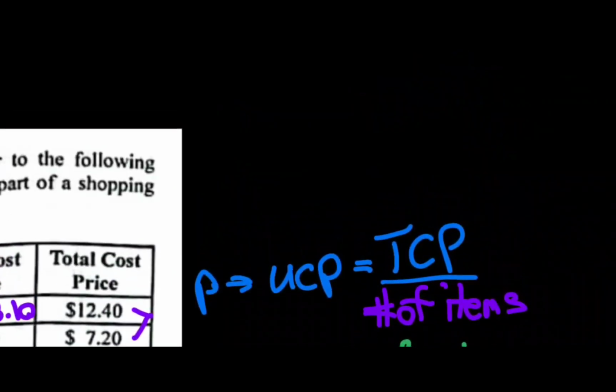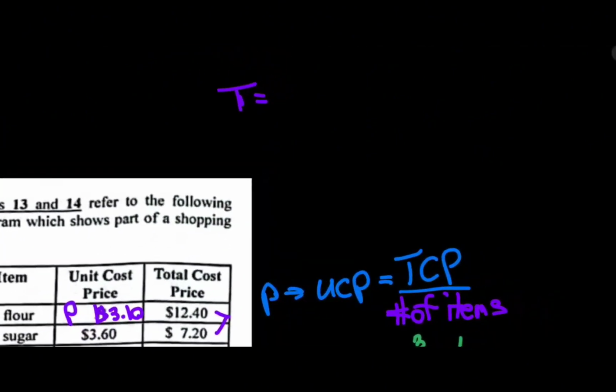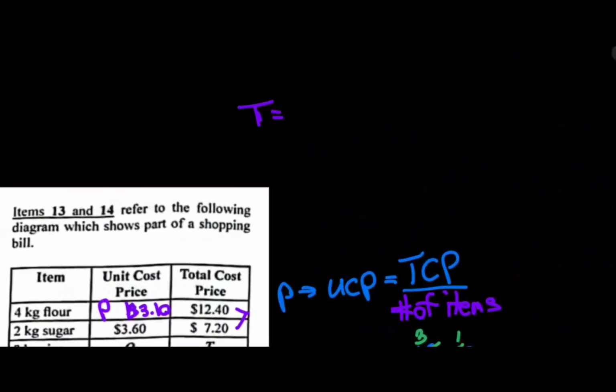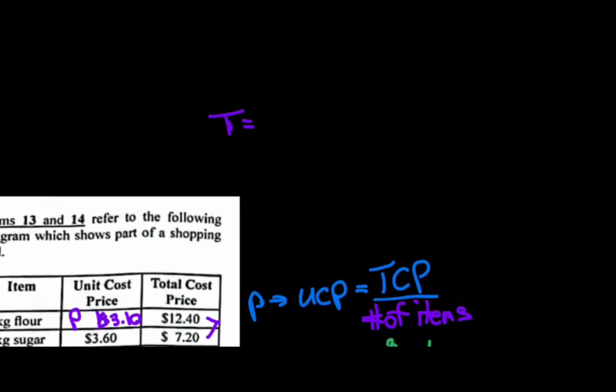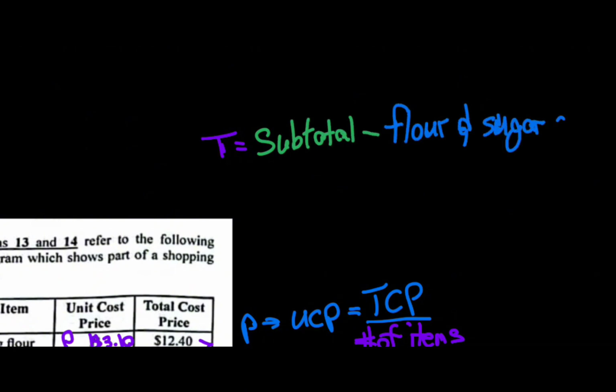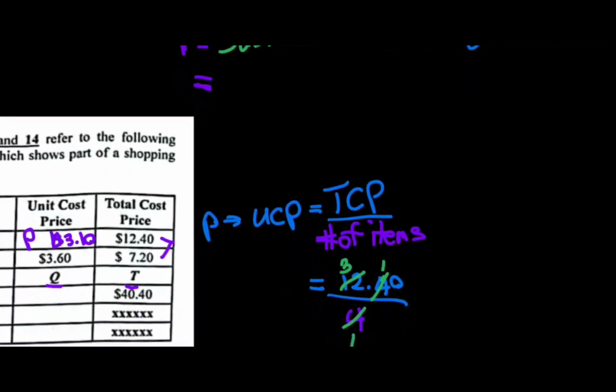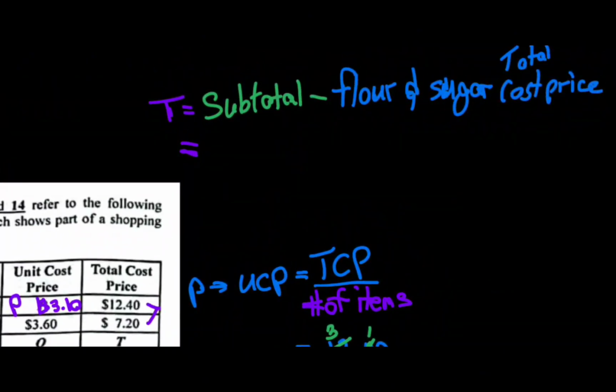So T could be equal to the summation of the flour and sugar price, subtracted from the subtotal. The subtotal is $40.40 minus the